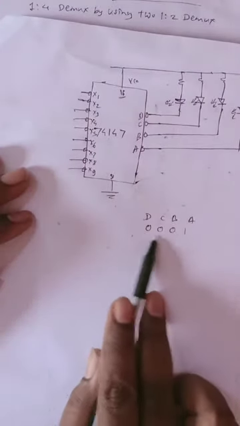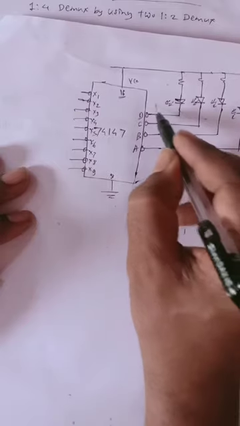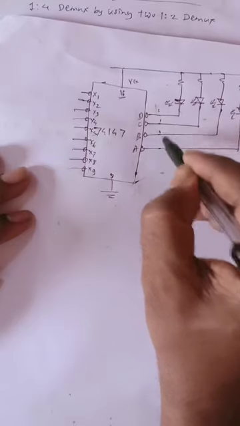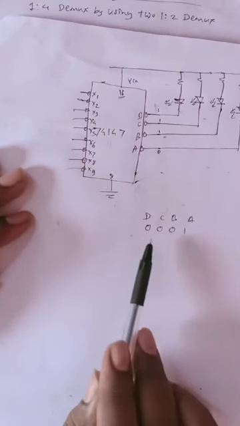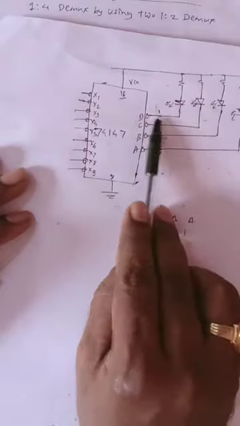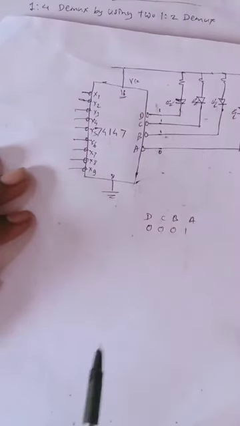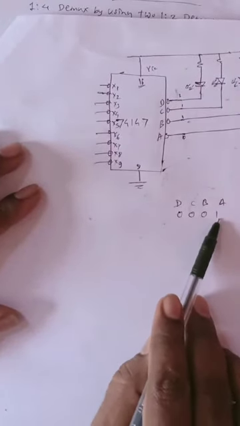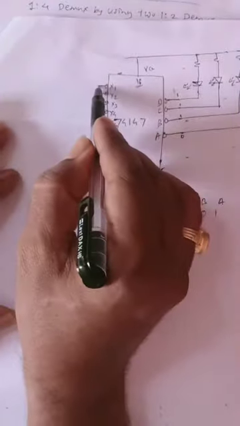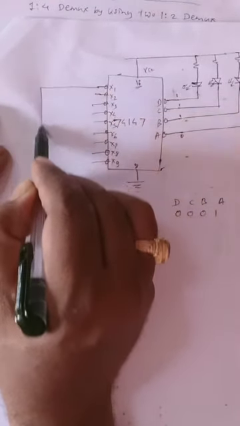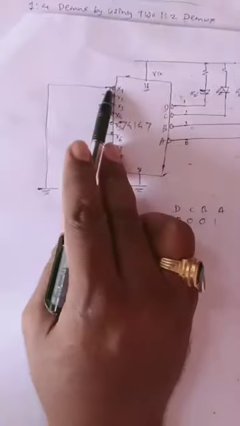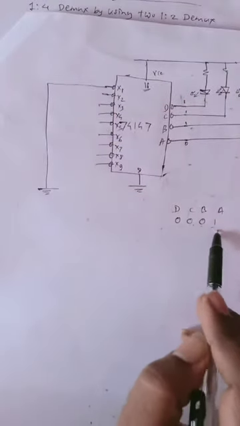If you want this output 0001, in the active low case you get 1, 1, 1 and 0. Okay, so in place of 0 you will get 1 here. It means that it is an active low output. So if we want output 0001, equivalent to 1, you have to connect the one numbered input to ground and leave the others as they are, or they may be high. If you apply 0, then you will get 0001.